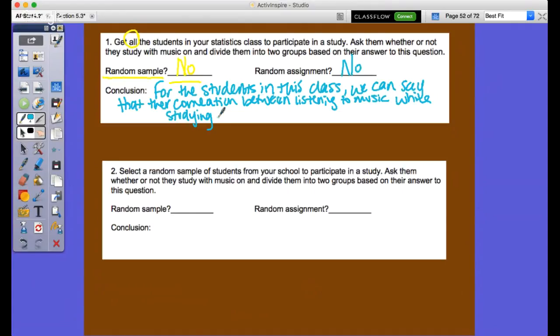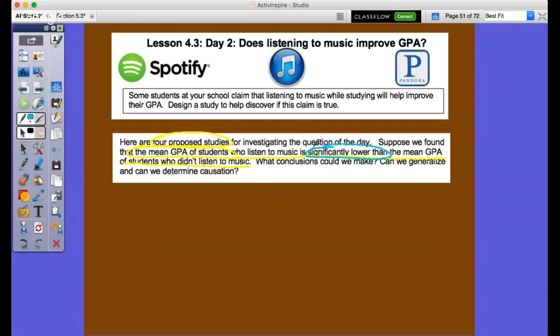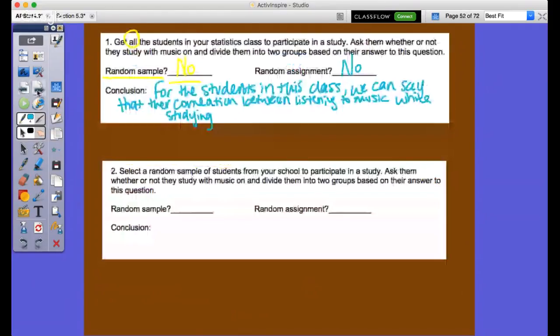Oh, I'm sorry, I kind of backtracked. My fault. We're saying that listening to music will lower... okay, let me say significantly lower. There we go. Okay, so we're lower. So that's where I kind of went off. Music while studying. And